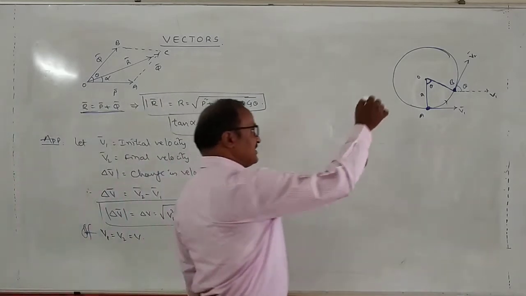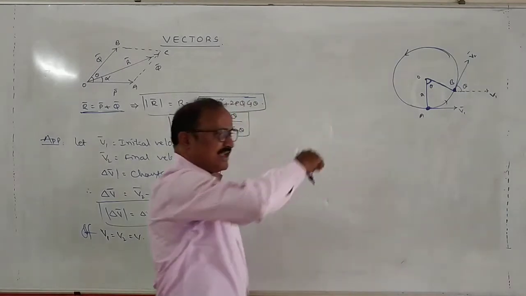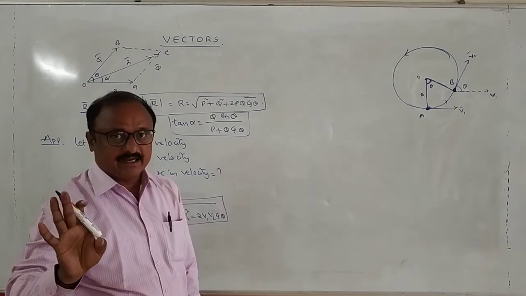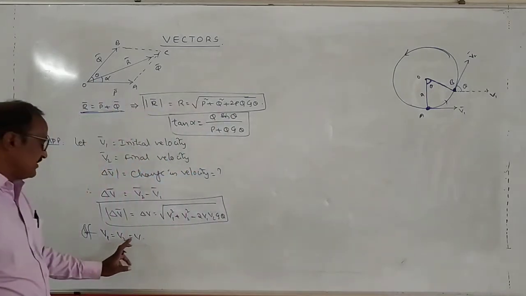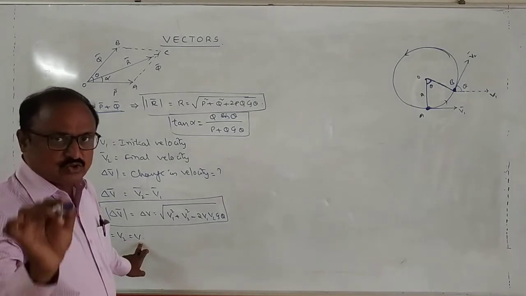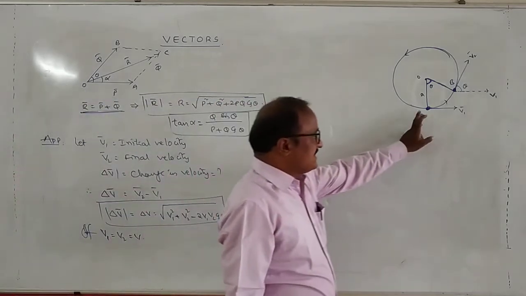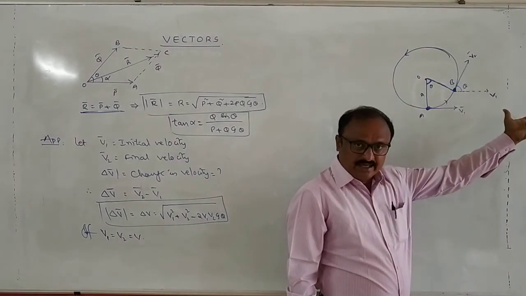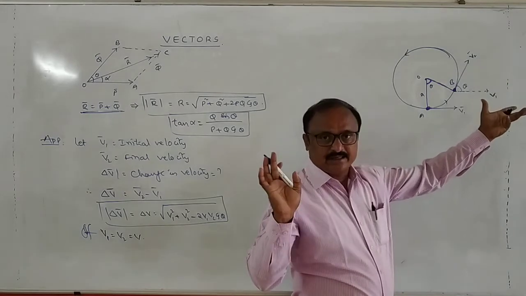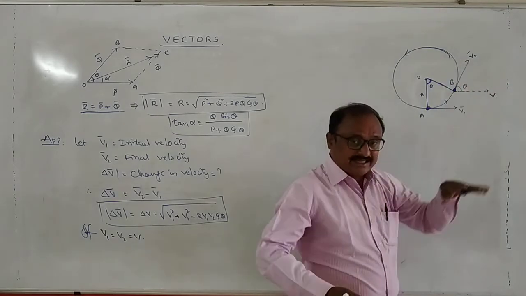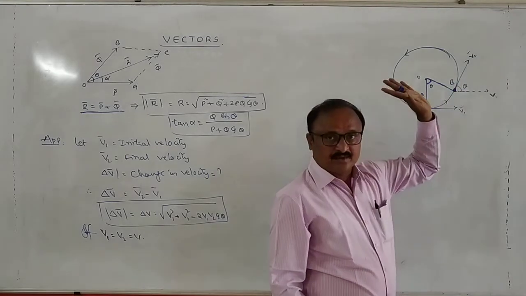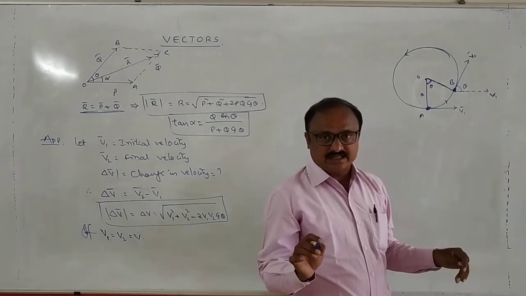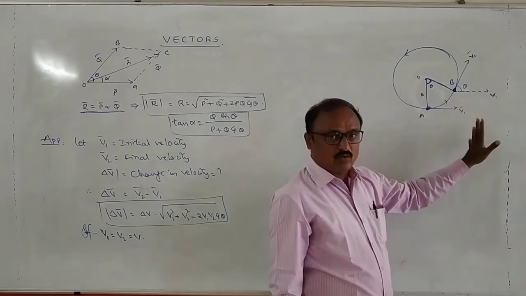But in the same situation, let the body be moving with a constant speed. Constant speed means v1 is equal to v2 is equal to v. The magnitude remains constant. Here, speed is equal to 10. Suppose v2 is also equal to 10, because speed is a scalar quantity. Here also it is 10. But the direction will change from point to point. Direction changes means velocity will be different, because velocity is a vector quantity. Velocity is a vector and speed is a scalar quantity.